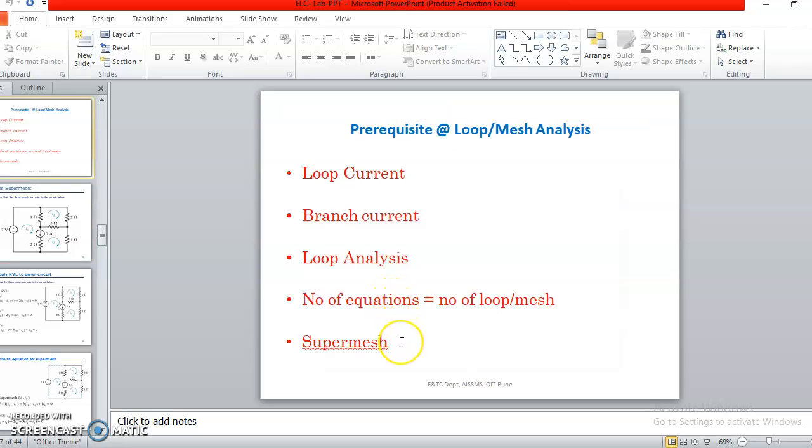Next, what is meant by super mesh? Super mesh is an additional concept: if a current source exists in one of the branches of the network, then a loop cannot be defined through the current source, as the voltage across the current source is unknown. From the KVL point of view, such a mesh is called a super mesh.